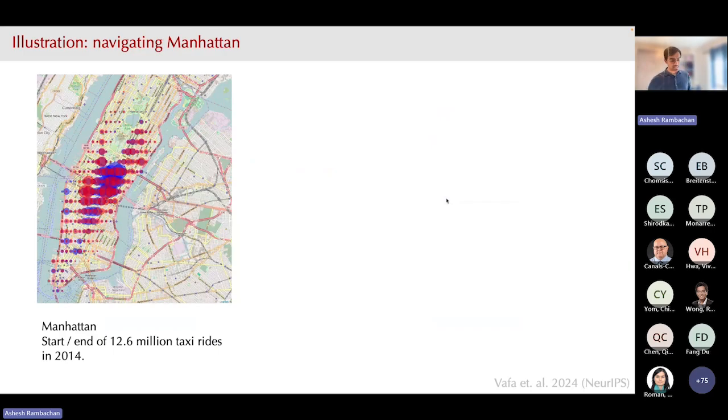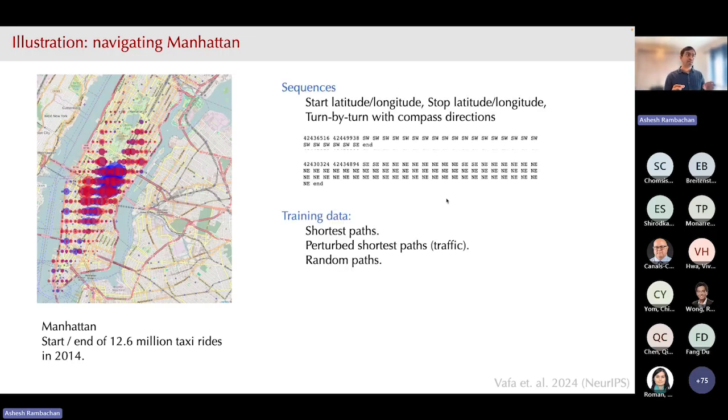So what did we do in this context? Well, we took a data set of taxi rides in New York City, about 13 million different taxi rides, where you see the starting longitude and latitude and the ending longitude and latitude of each ride. And then you can take those starting and stopping points and generate sequences of turn-by-turn directions. For example, this is one taxi ride that started at the longitude and latitude of this starting point, I think it's somewhere like 40th and 5th or something like that, and then ended at this longitude and latitude, and generated a bunch of southwest turns until it arrived at its ending point. So this is just sequence data.